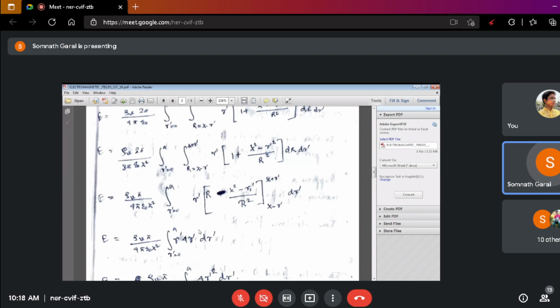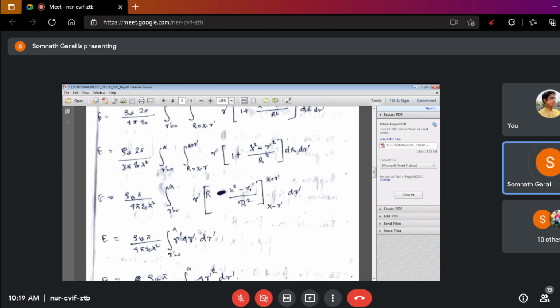If you have any difficulty in any line of the calculation, tell me, I will explain to you. Look, here capital R and capital R cut out, and small r dot square cut out, so one small r dot will remain, so that will be integration over 1 by 2 integration of r dot small r dot divided by z square, third bracket, z square plus capital R square minus small r dot square divided by capital R square into dr, capital dr, d small r dot, right?